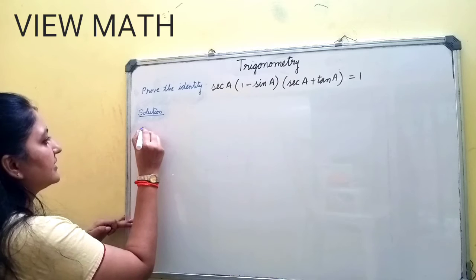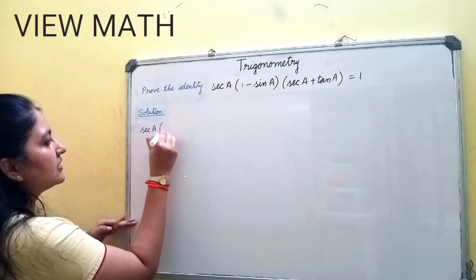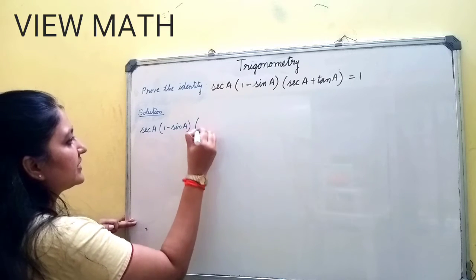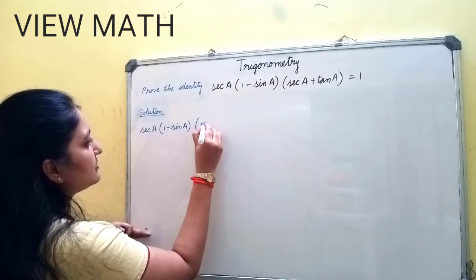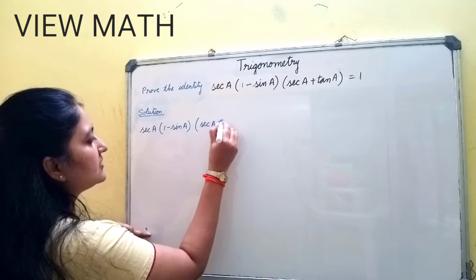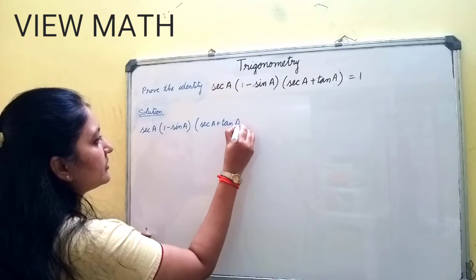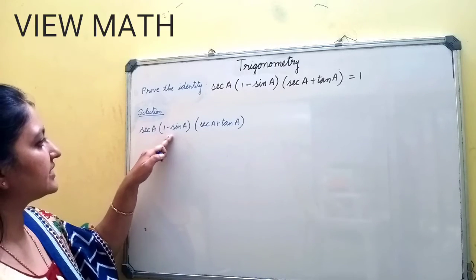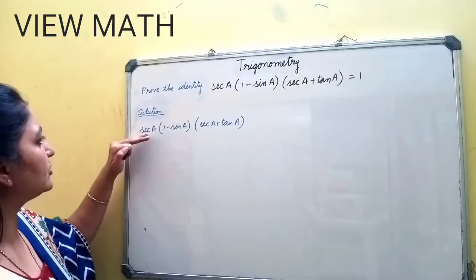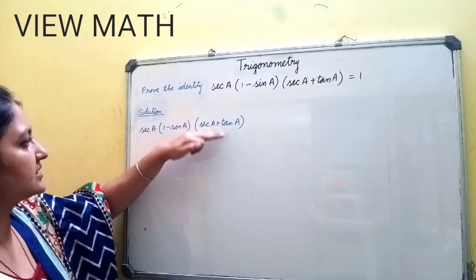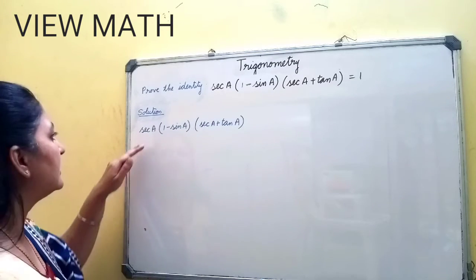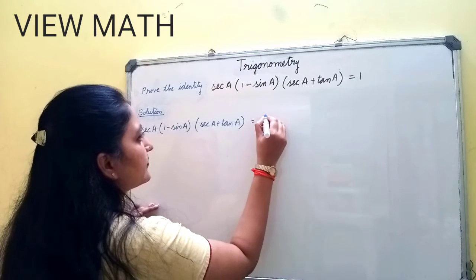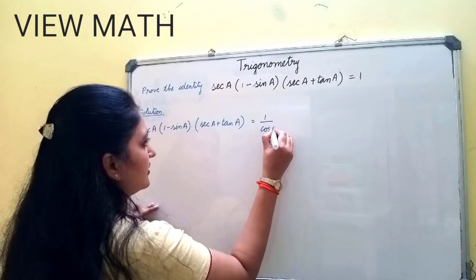Now let me consider again the left hand side. Always you have to reduce it in a simpler form. Sine, cos, like that. If you reduce, it will be very easy to solve all the trigonometric problems. Now you see secant A, 1 minus sin A, secant A plus tan A. Now I am going to reduce all the secant A's, tan A and all in a simpler form. Secant A I can write as 1 by cos A. Okay? 1 by cos A.